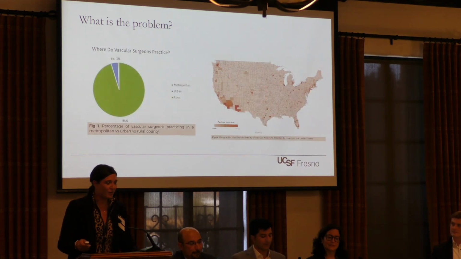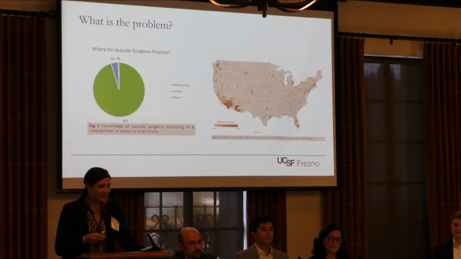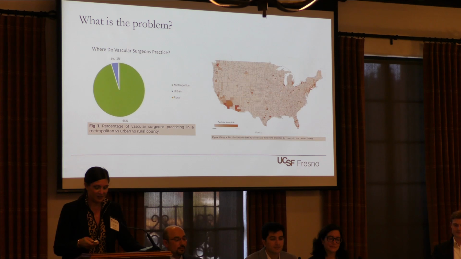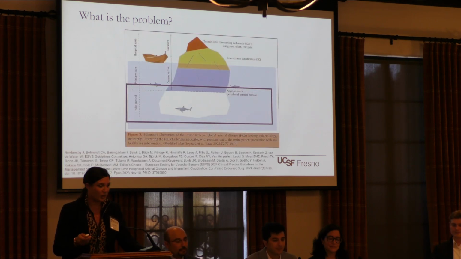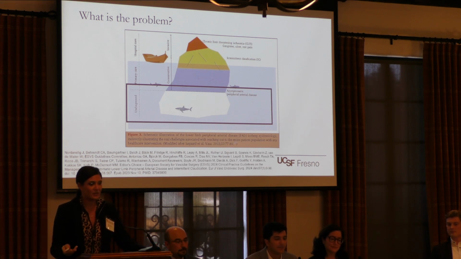To compound that problem, vascular surgeons are practicing in only a fraction of the United States. You can see concentrated here on this map where vascular surgeons are practicing, and you see the huge light pink areas that are devoid of vascular surgeons. Most of us are in big cities and confined to the coastal regions, which is part of the large problem we're facing. Another big problem is that we're looking at all the patients who have CLTI or who are presenting with intermittent claudication. What we're not looking at is the huge chunk of ice below the sea, which is the asymptomatic PAD